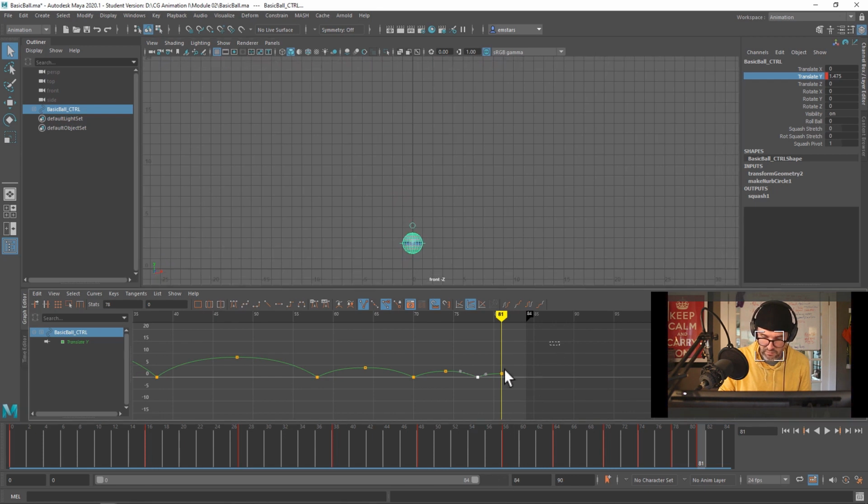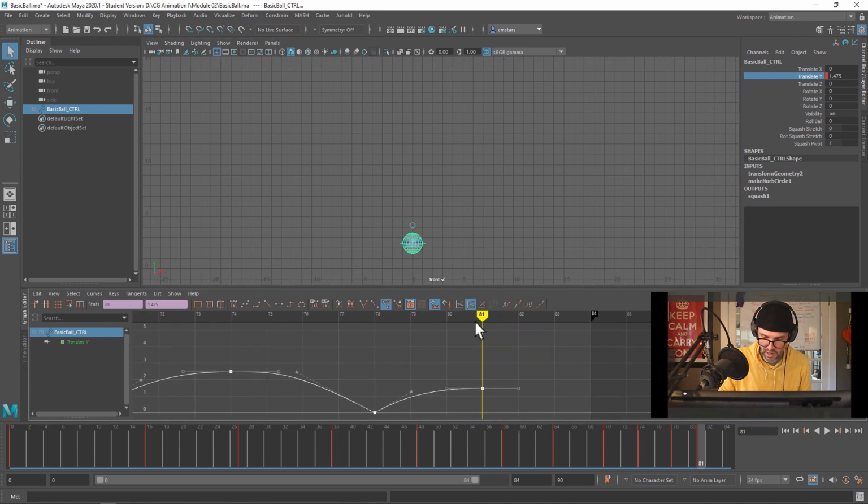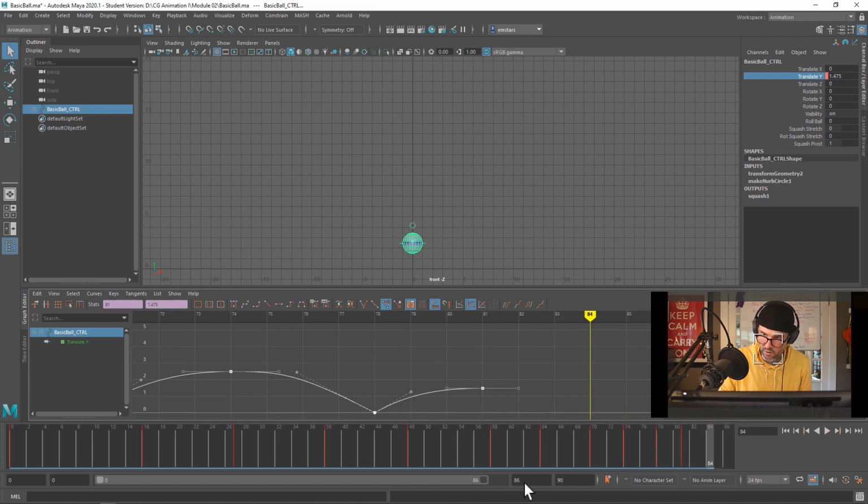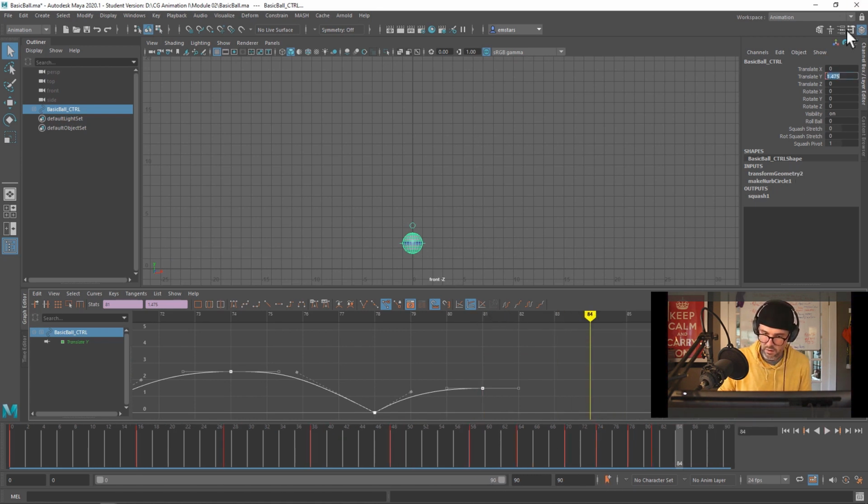Tap F, 81 to 84. Zero it out, drops to the ground. I'm going to key selected, bring it here, 84 to 86. Let's make it a 2 frame half bounce. These are the little real lightweight ones. I'm going to go ahead and just copy that and put it there, bring it down,